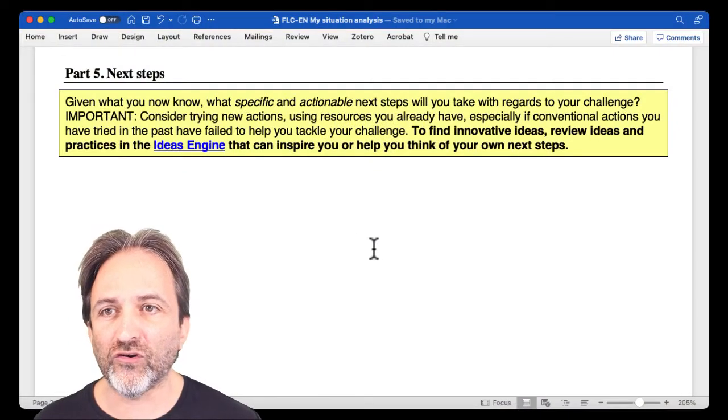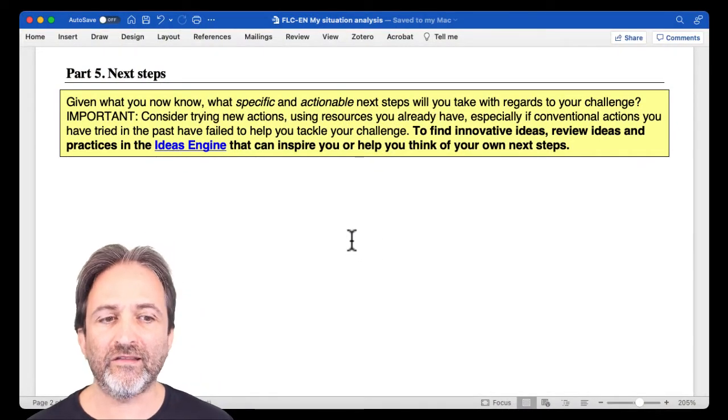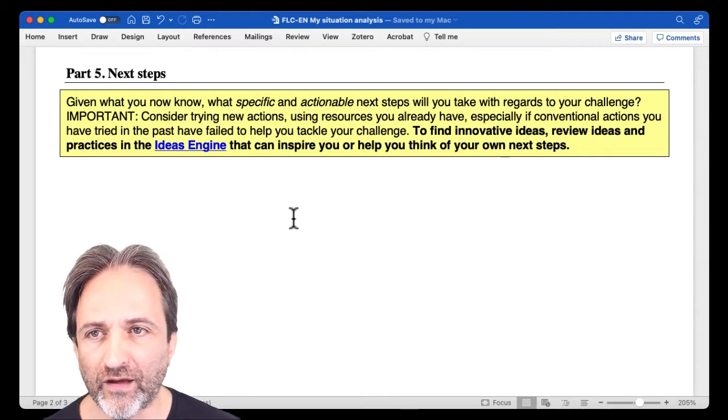If you've reached this stage, you're almost there. We're talking about part 5, the next steps following your situation analysis, figuring out what to do next grounded in that situation analysis. So here I'm in the template where you're actually developing your situation analysis, and you can see